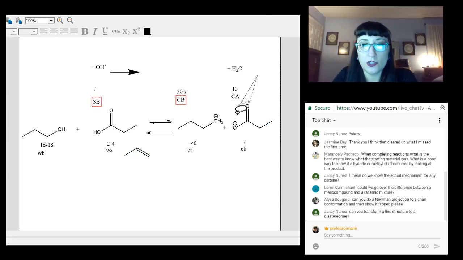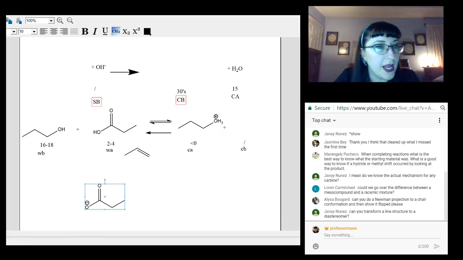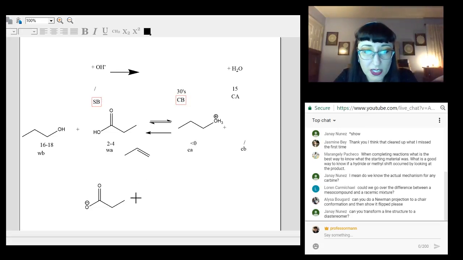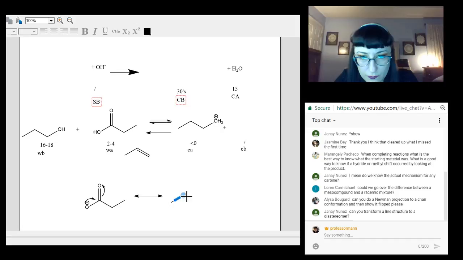Also, another one you could show a resonance structure with would be this one here, which is called a carboxylate ion. It's the deprotonated form of a carboxylic acid. And when you show that, electrons go in. Wow, that's a bad arrow. There we go. And so you would get